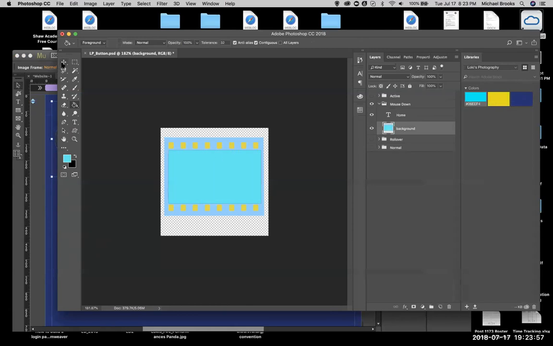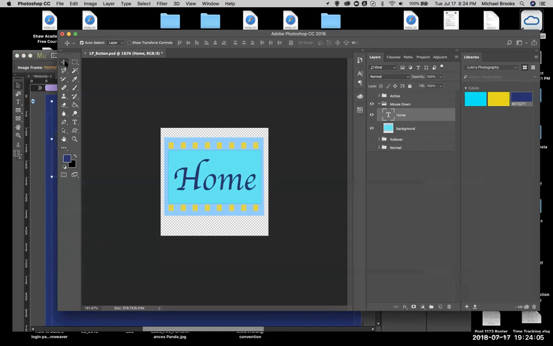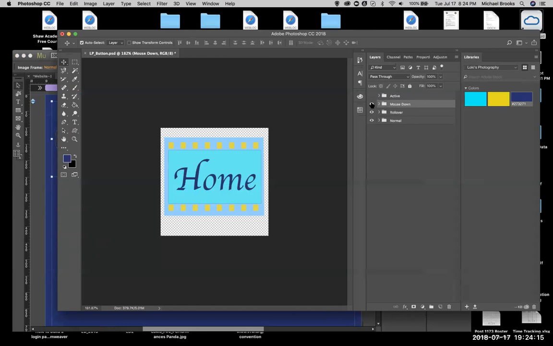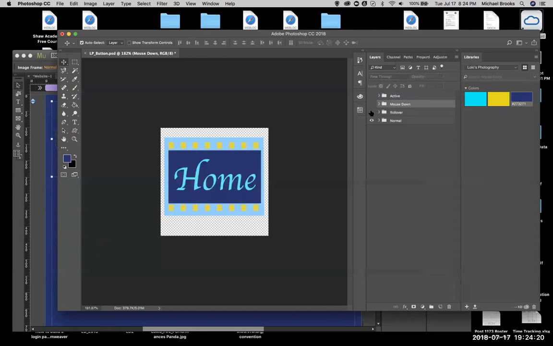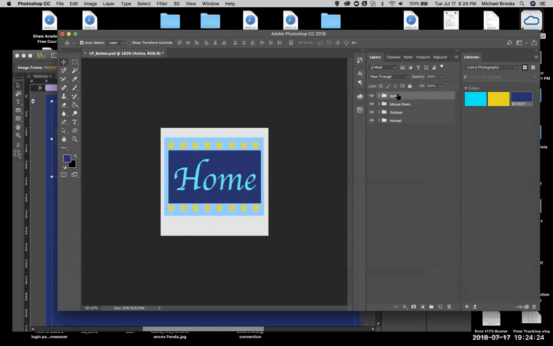Mouse down. And there's that. Okay, so there's my mouse down. Now the only one missing is active. See, active, mouse down, rollover, normal. All right, so for the active, what we're going to do